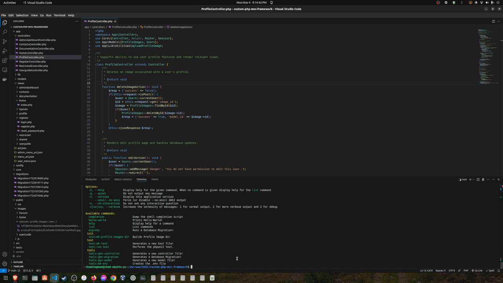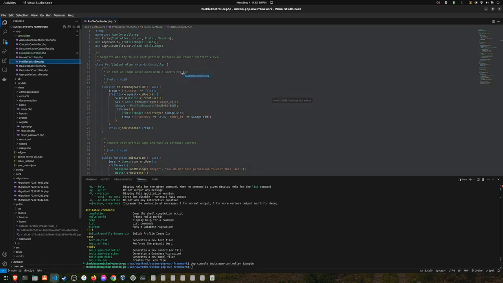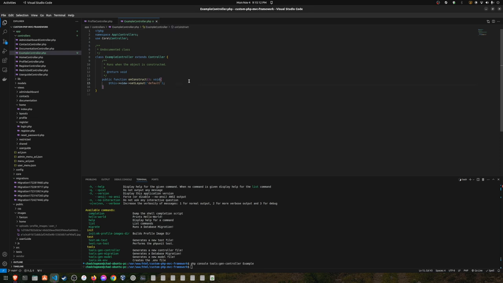So I have, instead of make controller, I have tools gen controller. So PHP console tools gen controller, and you just type in the name, so it'll be example. Now your new controller is created,